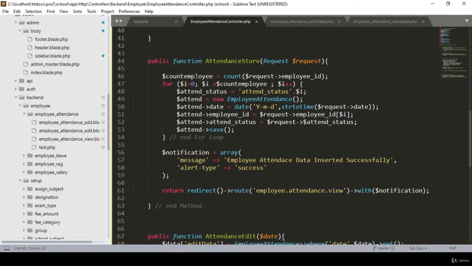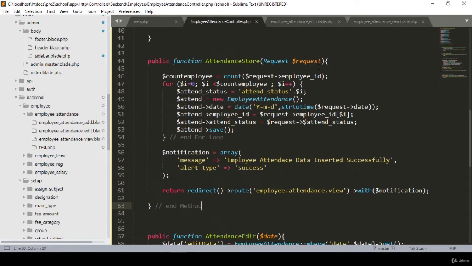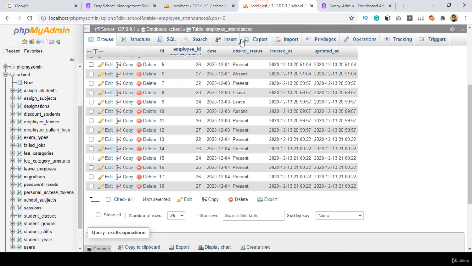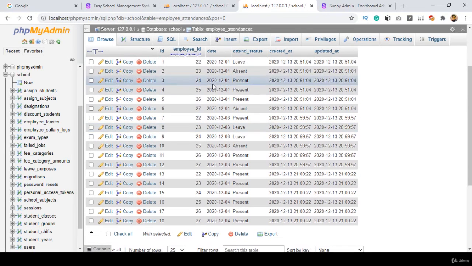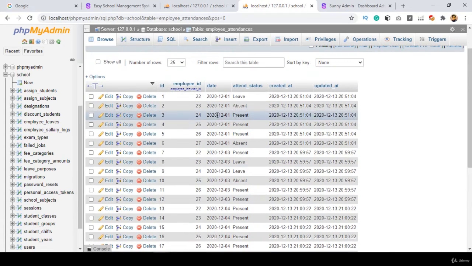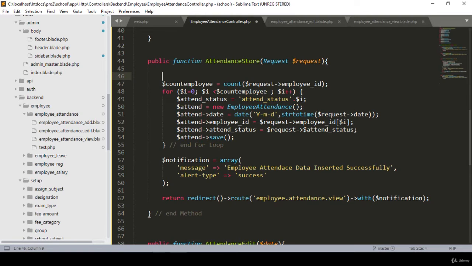I want to only remove our previous date, all that record, and then I want to restore this data again. Okay, so everything will be just the same. I'll show you, I only want to add one thing here. Now I want to update. That means if you go to the employee attendance, I want to remove this date, or all the records of this date. So that is actually our date, and that is our employee attendance table. If you want to access that employee attendance table, that is our